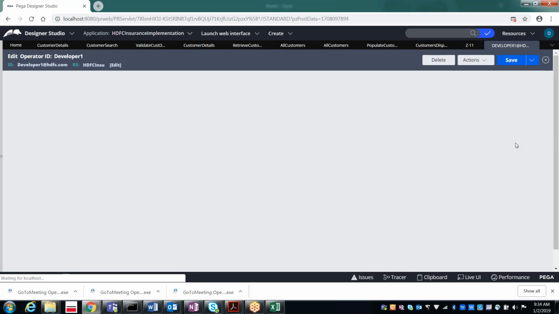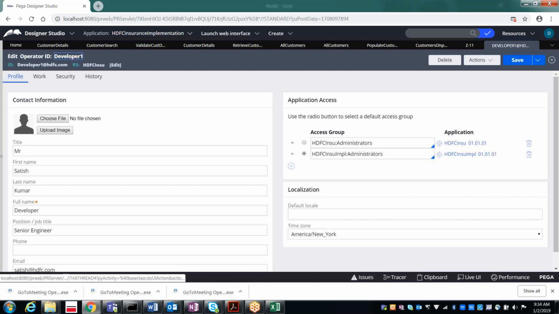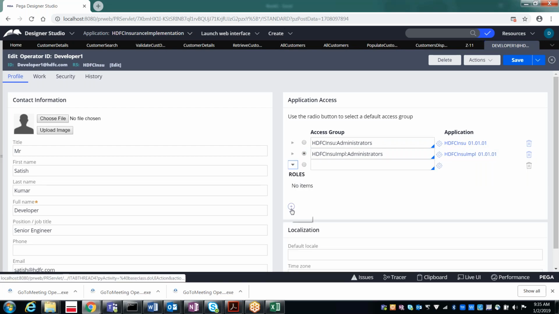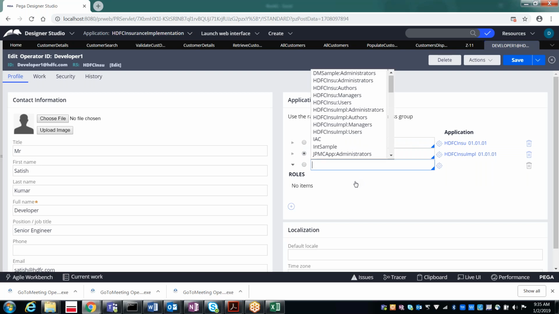Here in the operator you should have the multiple access groups. Do you have them? No, sir. Then you can add it. You can see the add item, right? Select this add item, and then if you press the down arrow, you can see all the applications in your system.